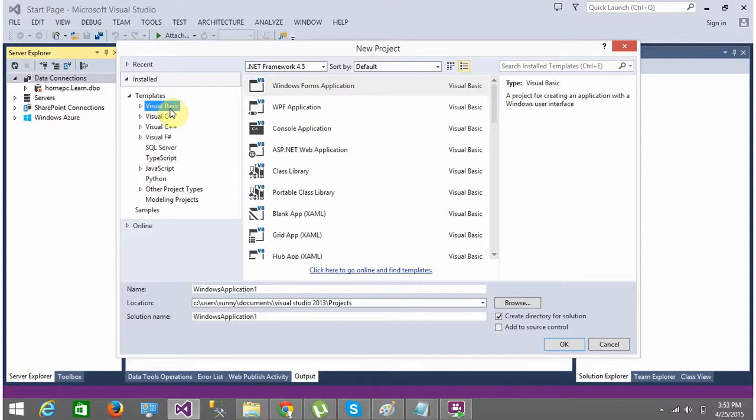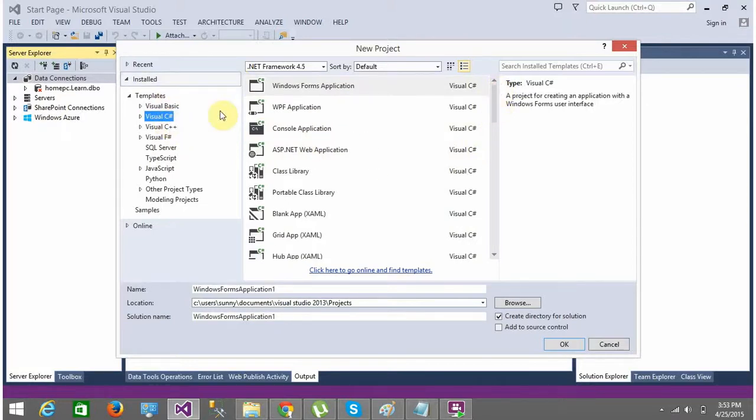First, we have Visual Basic. You will find that Visual C Sharp and Visual Basic are the two main programming languages that are introduced as a part of the .NET framework. We will not be dealing with Visual Basic, we will be dealing with Visual C Sharp. But you will see that the project types, Windows Forms application, WPF application, Windows Presentation Foundation, console application, ASP.NET Web application, same types of application you are able to see inside Visual C Sharp, right? So it is only the programming language that is changing, but the types of projects that we have in both Visual Basic and Visual C Sharp is the same.